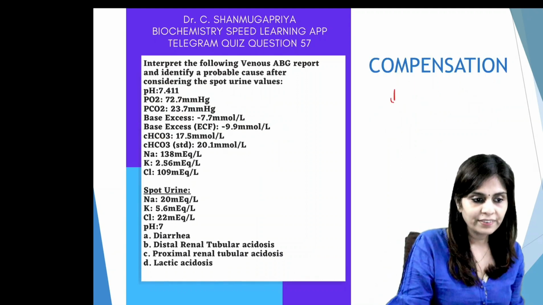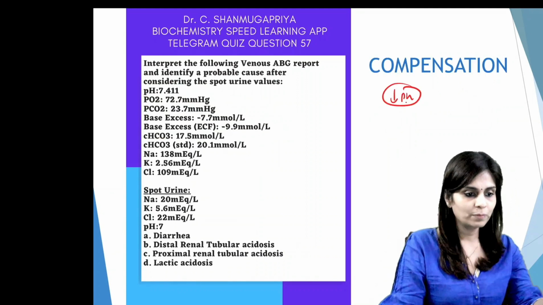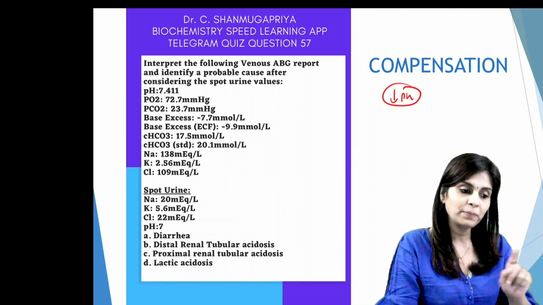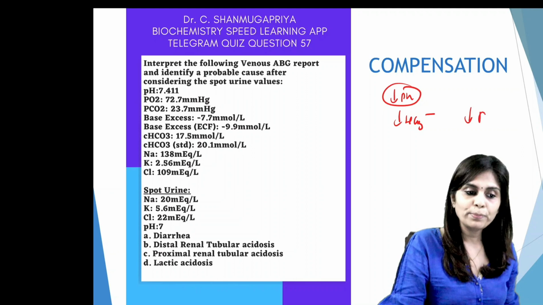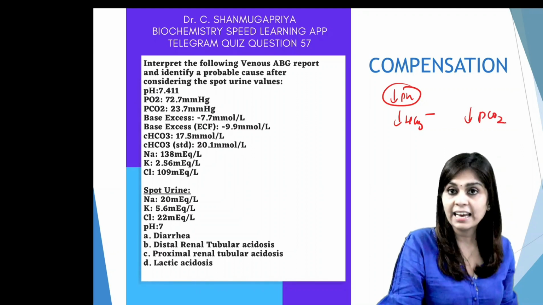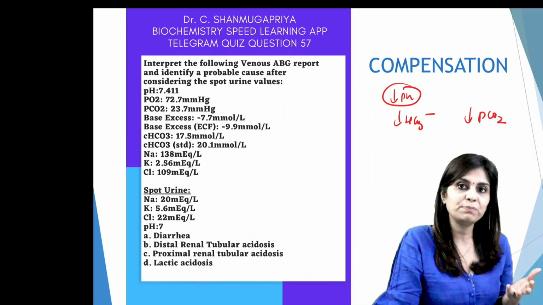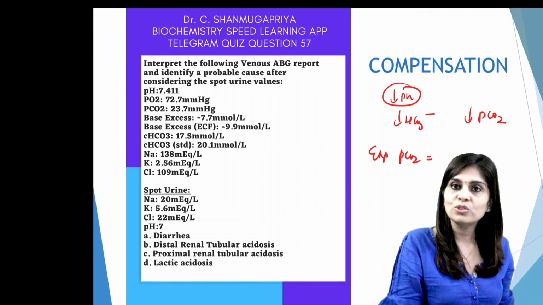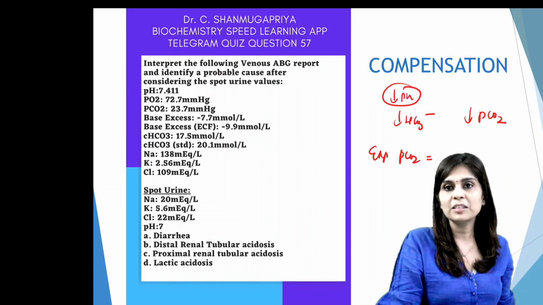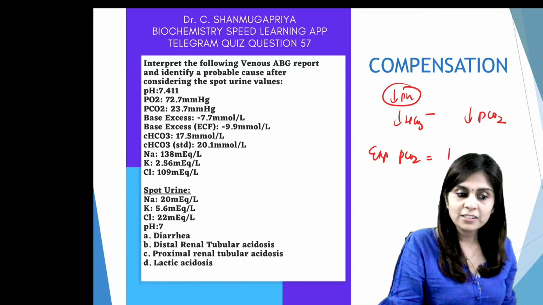Okay, how do I calculate compensation? So this defect is a drop in pH, which is not observed here, but there must have been a drop in pH caused by a decrease in bicarbonate. So the compensation would be a decrease in PCO2. I have to find out what is the expected PCO2. Expected PCO2 in metabolic acidosis, I've told you this formula so many times in my series. So expected PCO2 is equal to 1.5 into bicarbonate plus 8.